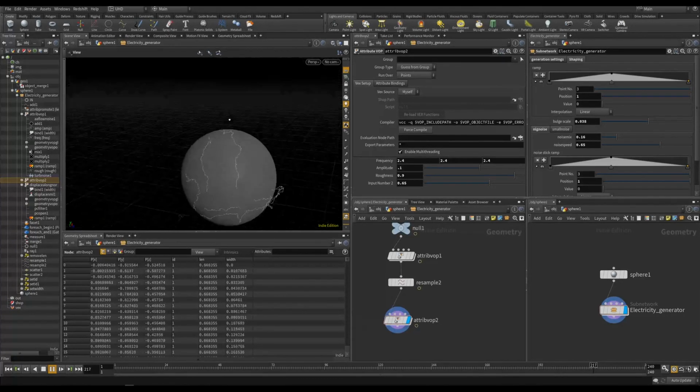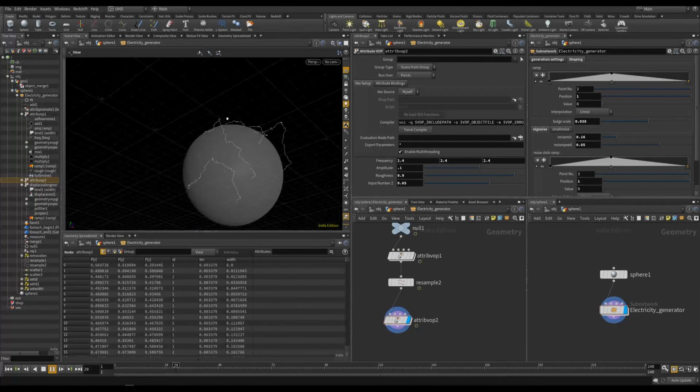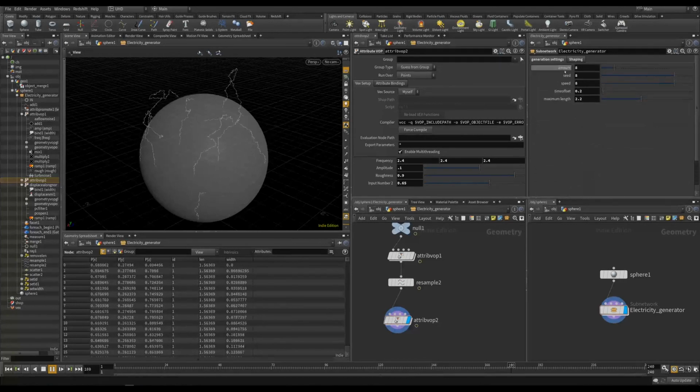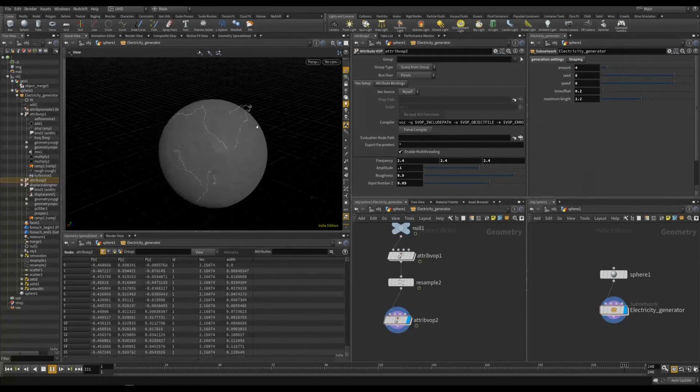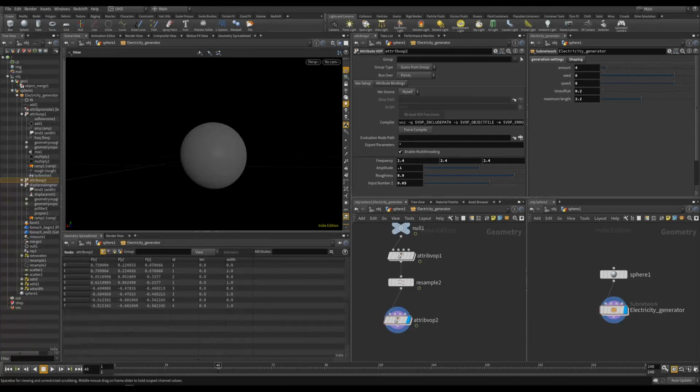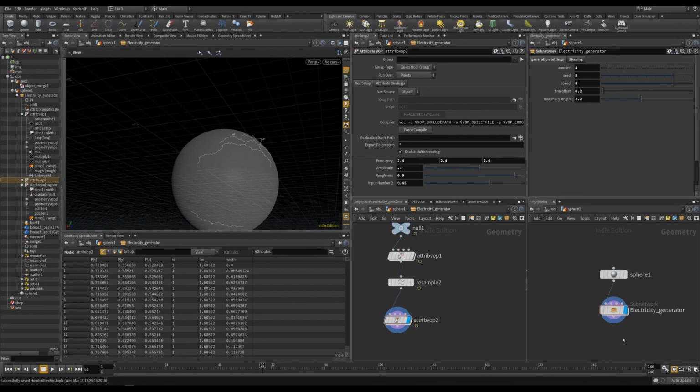Let's dump down the bulge a little bit. And as you can see, this is starting to get somewhere. This is already pretty decent. So now we have controls over